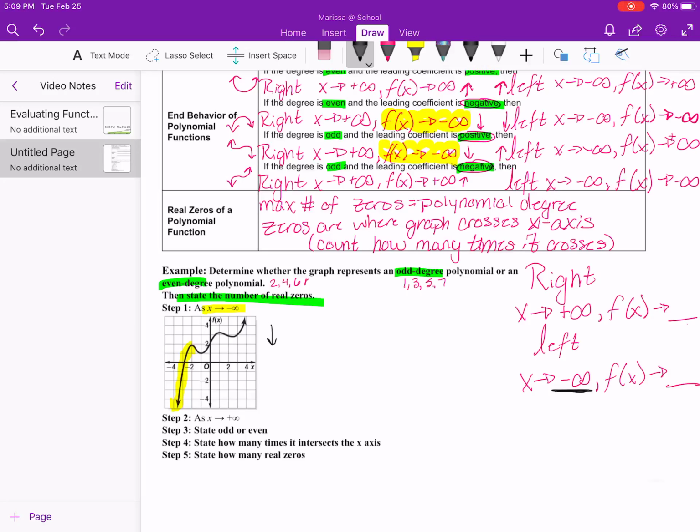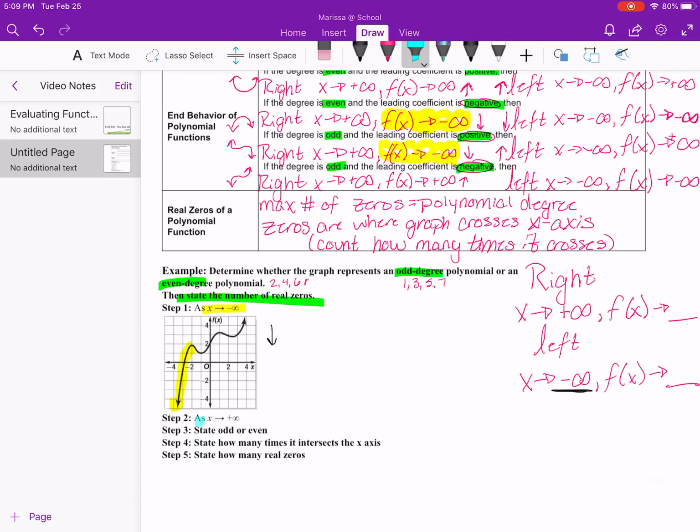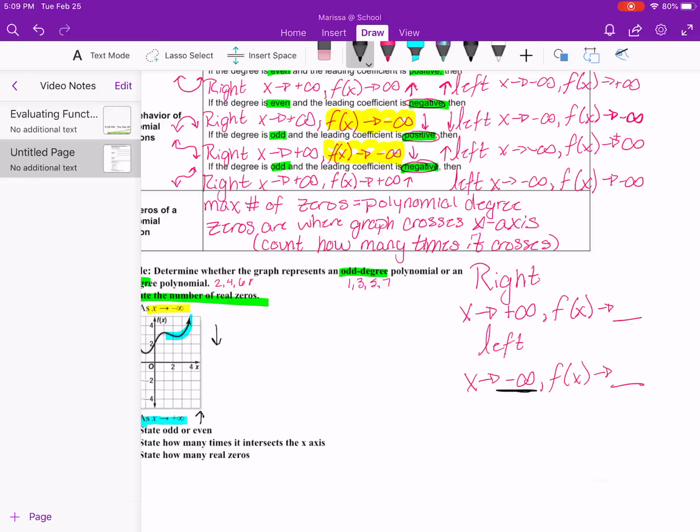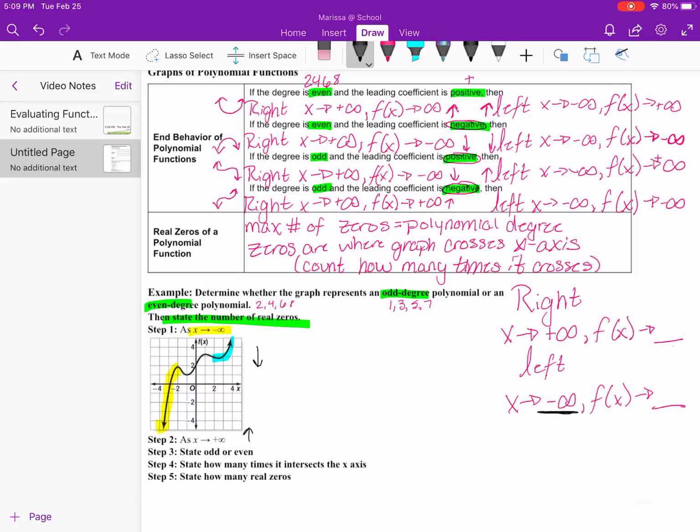And I'm looking as x is approaching positive infinity. Remember, positive infinity goes to the right. So for this one, I'm going in the upward direction, so I need something that's going down. I just realized that I highlighted the wrong two things, so give me a second. So I'm going up here. So I need something that as I'm going to the positive direction, so the right side,